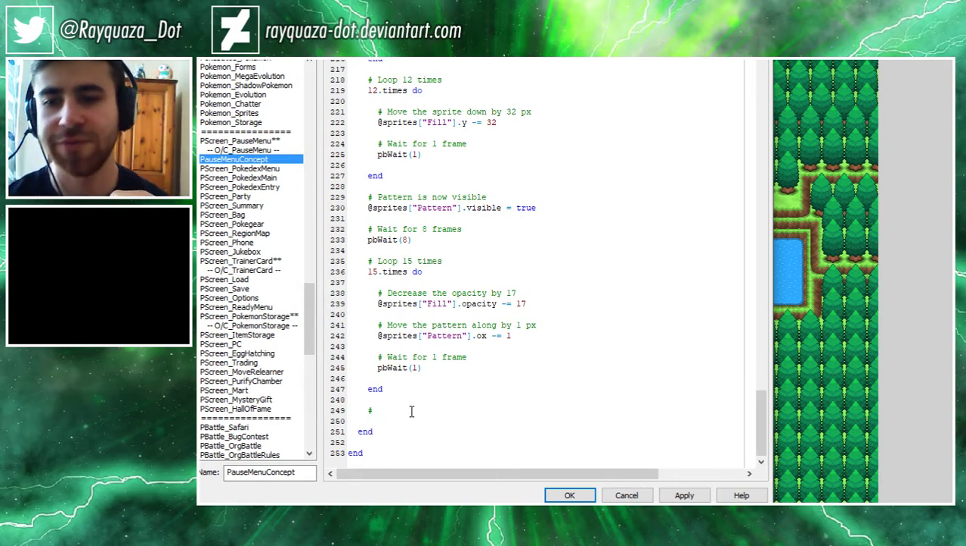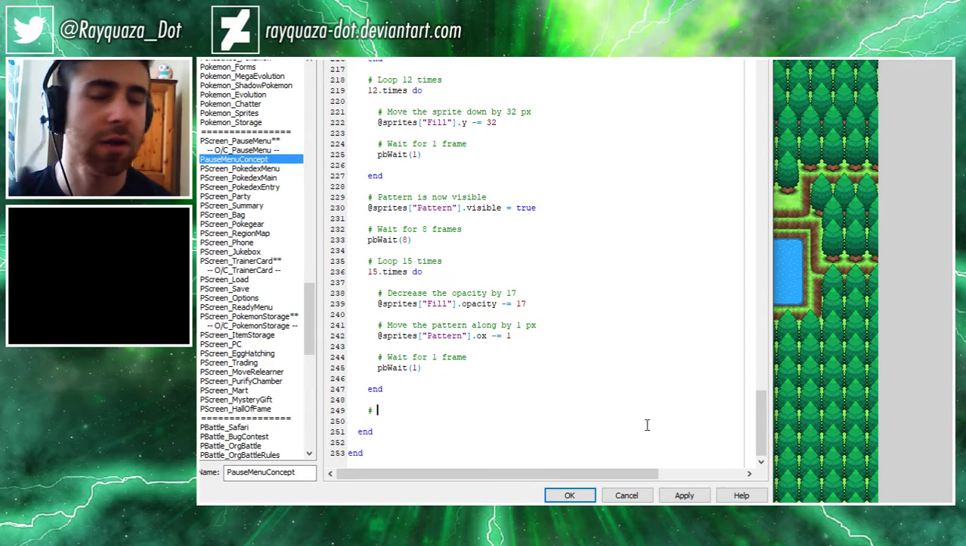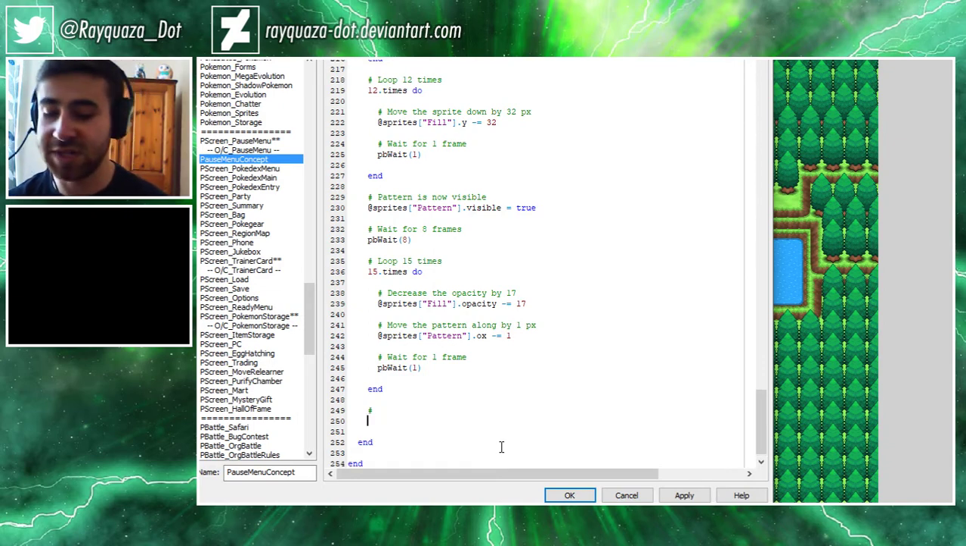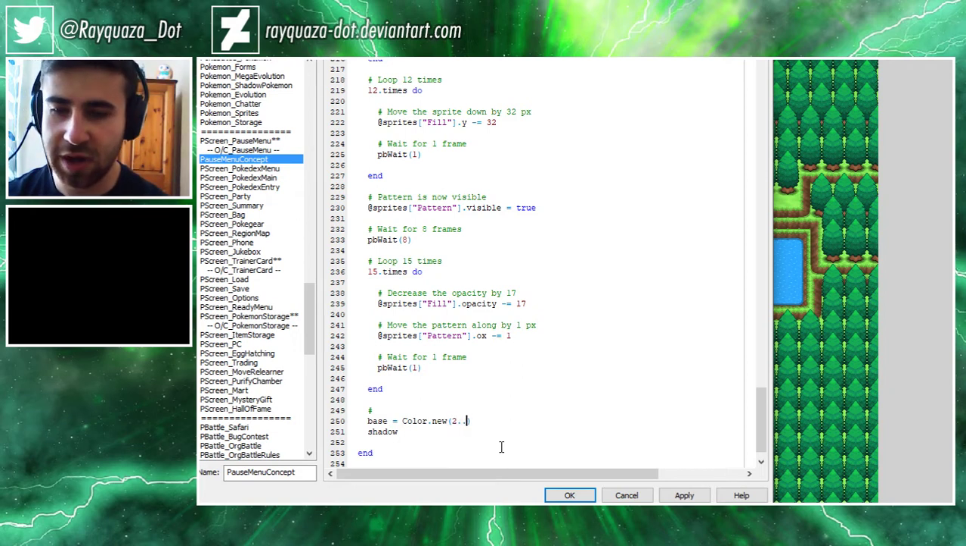We're going to want to define the color for it, so that we don't have to define the color individually for each one. We can just pass in these little color variables. So if we go base and shadow, and that's going to equal color.new. This text is going to be completely white. So 255, 255, 255, and then the shadow color is going to be equal